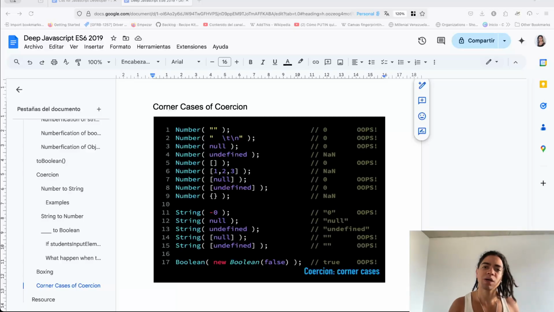How's it going, everyone? Welcome, Elviro Gonzalez here, and today we're going to explore the corner cases and the philosophy of coercion, right? So the idea of making this quick recap is to understand these three pillars of